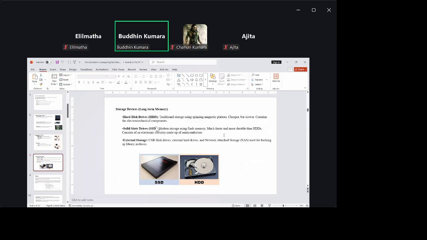For example, if you have an i5 machine, now you are using the traditional hard disk. If you install the SSD hard disk instead of the traditional one,